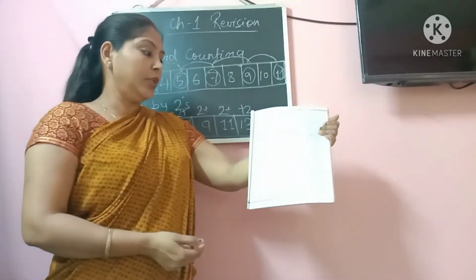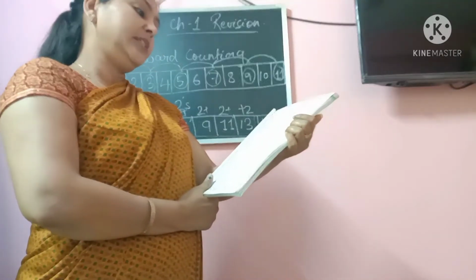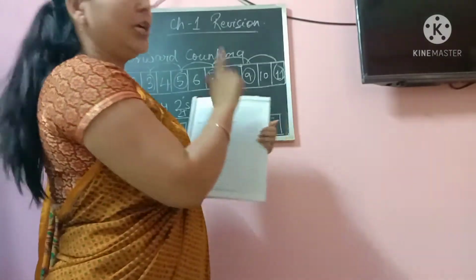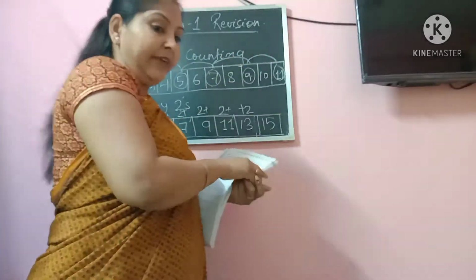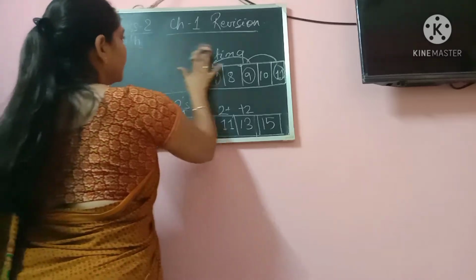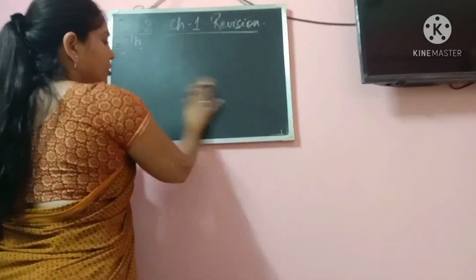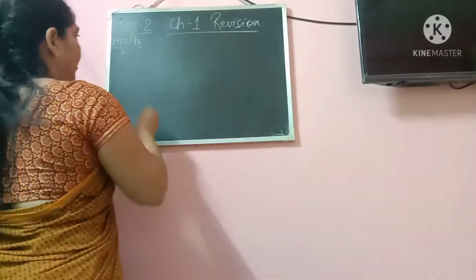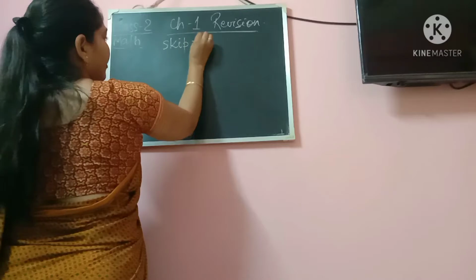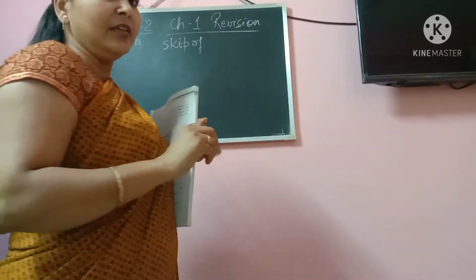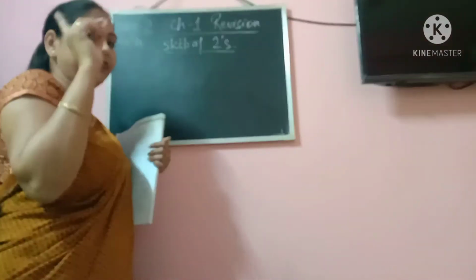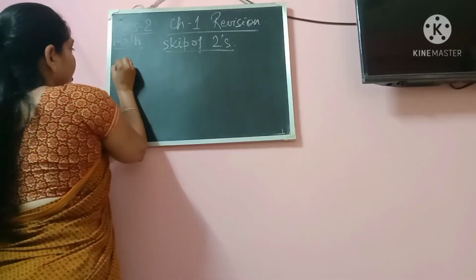Now in the book also you have been given some patterns which are skip counting. Like in the first line, it is a skip of 2 numbers. I will show you here. Skip of 2 numbers, how? So we are starting from 2 itself. Let me write here: in the first pattern, we skip of 2 numbers, or 2's. I am talking about the first question. So we are starting with 2.